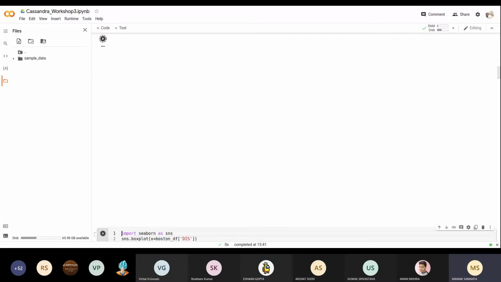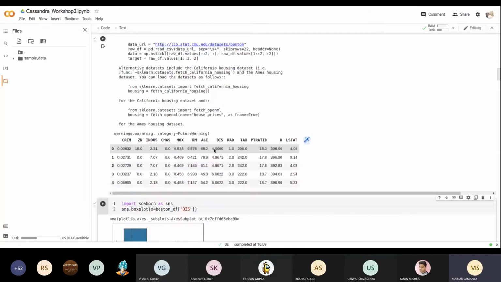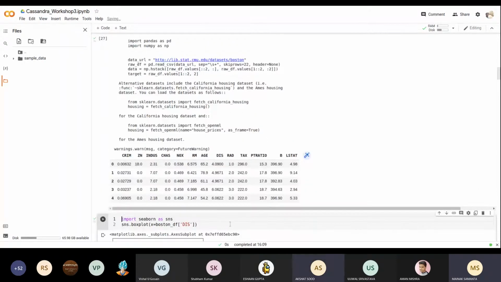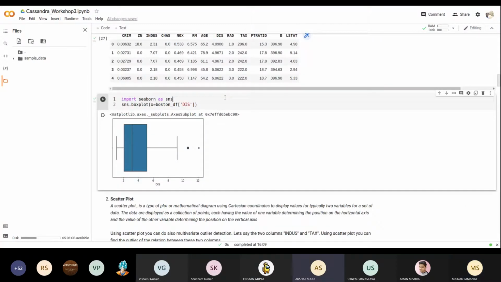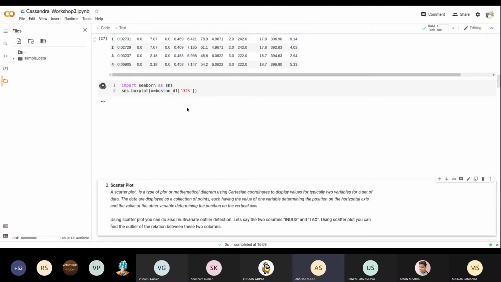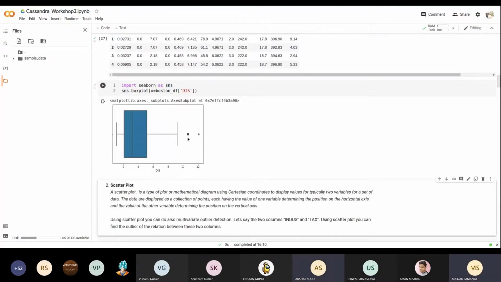There is a column DIS, and I am seeing its box plot. This is the box plot of the DIS column. Here you can see there are three values here and the other values are here.